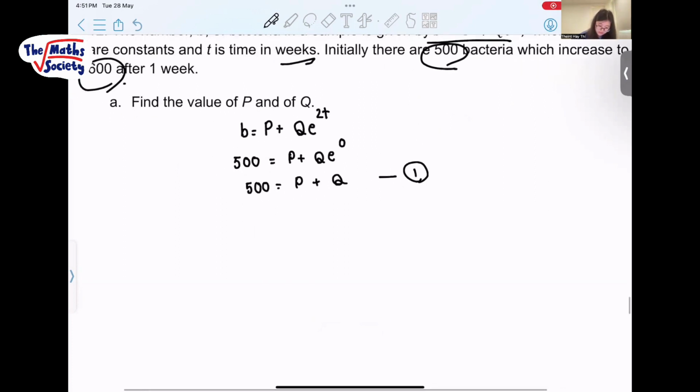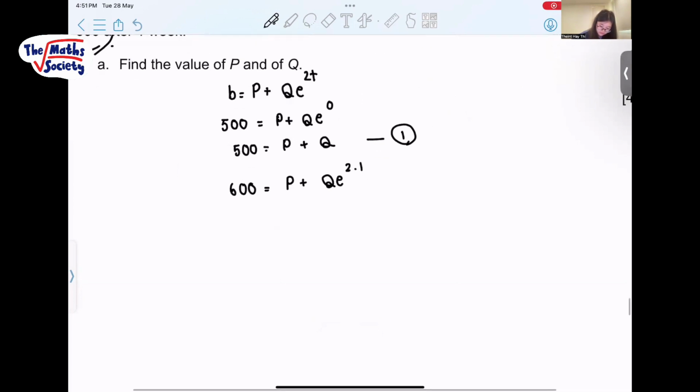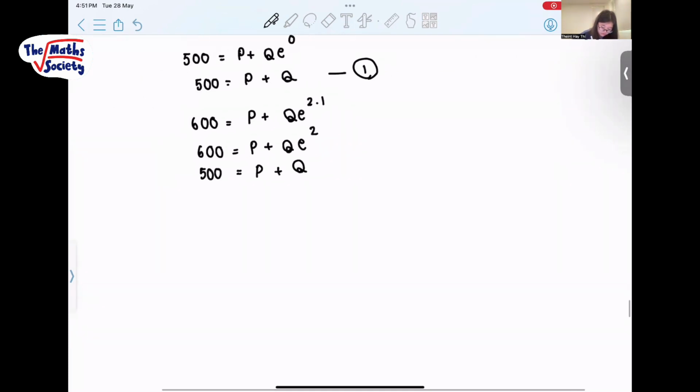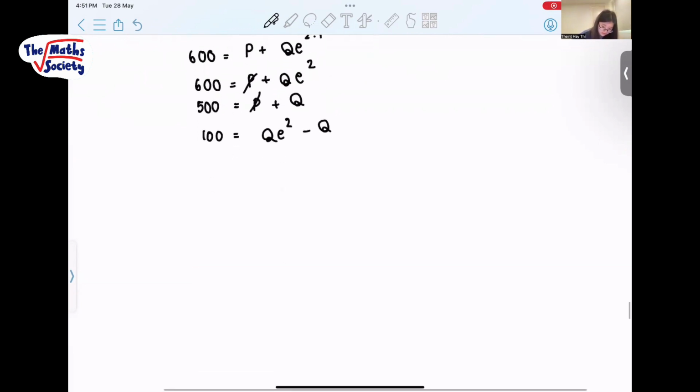And we have 600 after 1 week. So it means 600 equals P plus Q e to the power 2, since T is 1. So 600 equals P plus Q e squared. And then 500 equals P plus Q, and then we'll subtract them. So we have 100 equals Q e squared minus Q, because the P's are going to cancel out. We can take out Q, so 100 equals Q times e squared minus 1. And then Q is just going to be